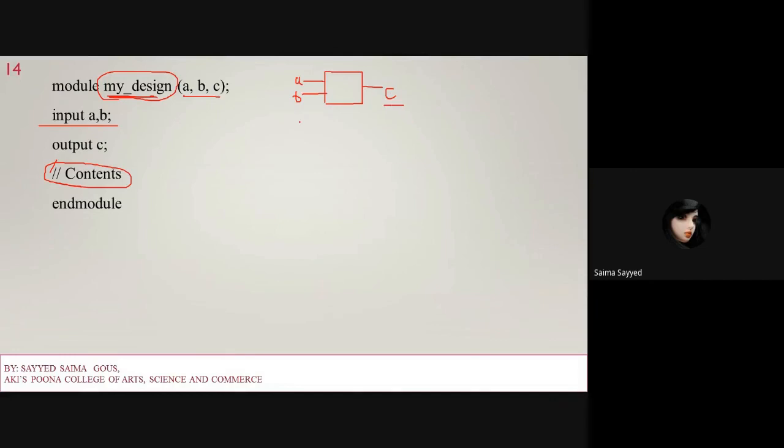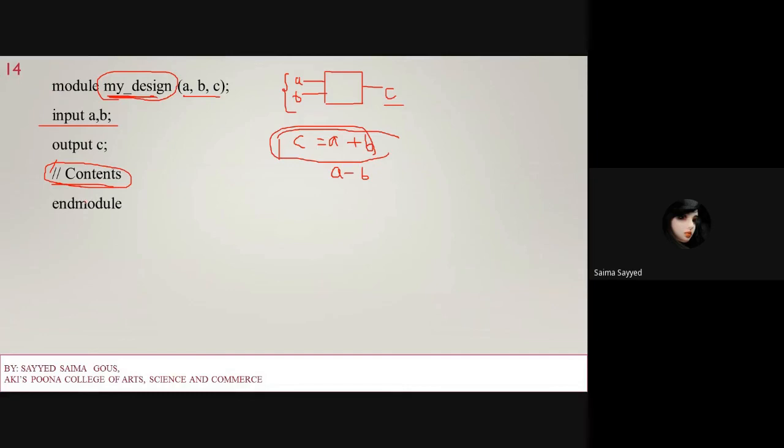Now I want to perform an arithmetic operation on A and B, so I have to write C equals A plus B. Addition, or it can be A minus B. But I cannot write it directly; there are some keywords, some ways to define these contents, which are totally based on the Verilog modeling.